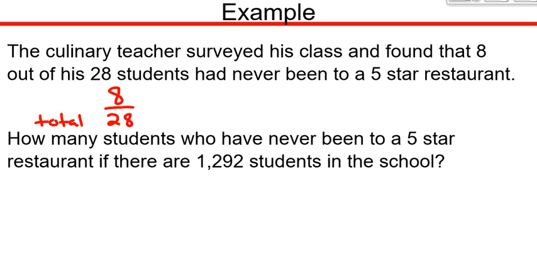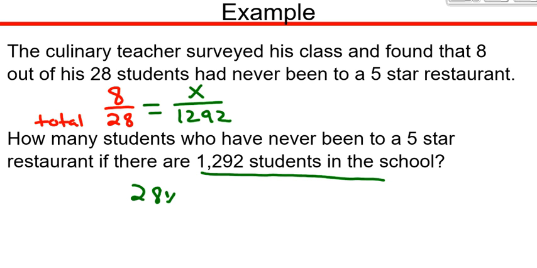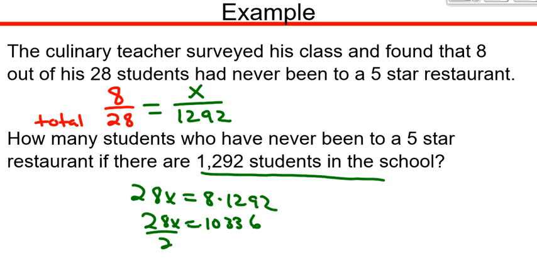So is 1,292 the total number, or is that the students who hadn't been? And if you read the problem right, you would know that this means students in the school. That's total students in the school. So that goes in the bottom, and the x goes on the top. So my equation is 28x equals 8 times 1,292, which gives me 28x equals 10,336. And then if I divide both sides by 28, I get x equals